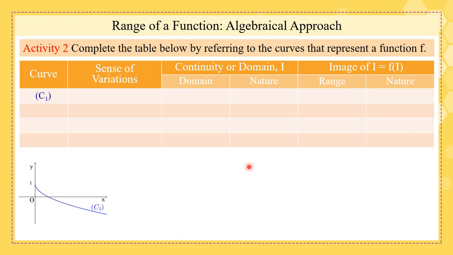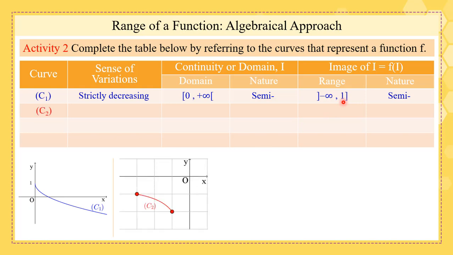This is curve C1. The sense in this case is strictly decreasing. The domain is from 0 closed to plus infinity, it's semi, and the range is from minus infinity to 1 closed, which is also semi. Well, curve 2, it's also a strictly decreasing curve as you see here. The domain is from negative 3 to negative 1, closed, and the range is from negative 2 to negative 1,